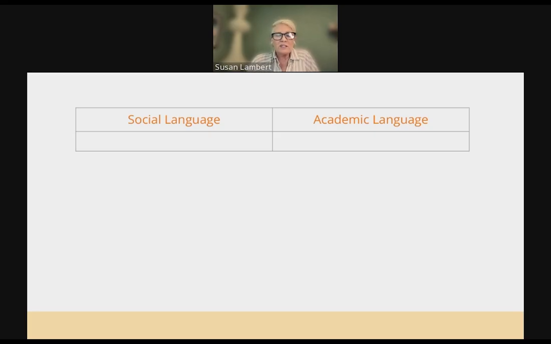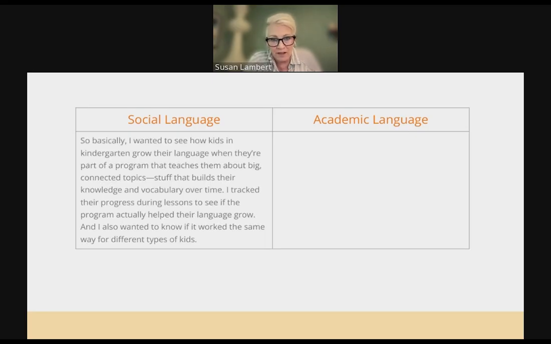So let's do a little example, because I feel like we've been talking a little bit high level and you're like, well, what exactly do you mean by academic language? So I'm going to show you an example. Let's say that I had conducted a research study, and I was telling people about it. I'm going to tell people about it in 2 different ways. The first example is, pretend I'm at a dinner party, talking with friends, out with a friend for coffee. I might say something like this to explain the research that I just did. I might say,